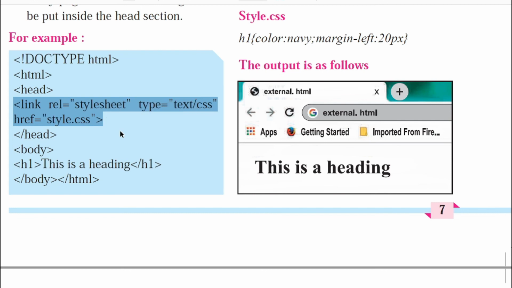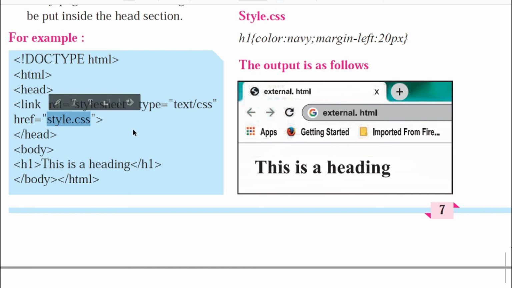We are linking our coding page with an external page, which here for an example we have named style.css. What we are exactly doing is we will be creating one more notepad file in which we will be putting the declaration part of style, or we will be declaring the required styles for our web pages. Here we name it style.css.